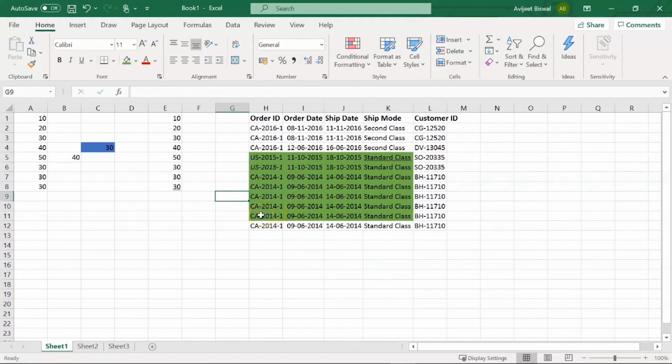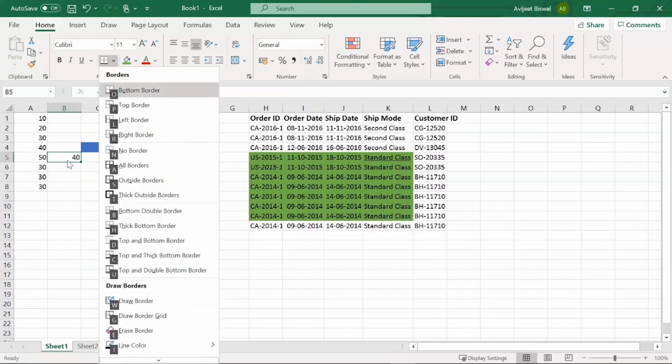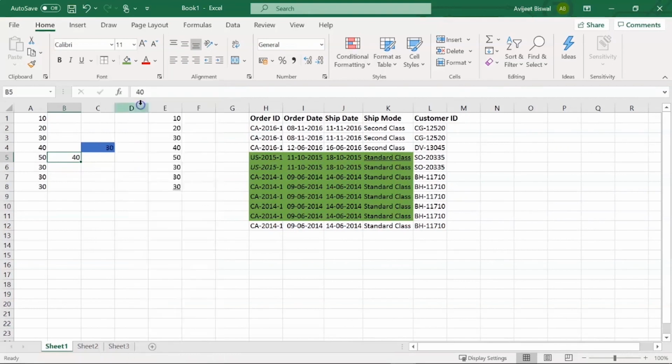Now, if you want to add a border to a cell, the shortcut is Alt plus H plus B. Now let me select this cell 40 and hit Alt plus H plus B. So it has prompted me to select the type of border that you want. Now let me select I want a top border.